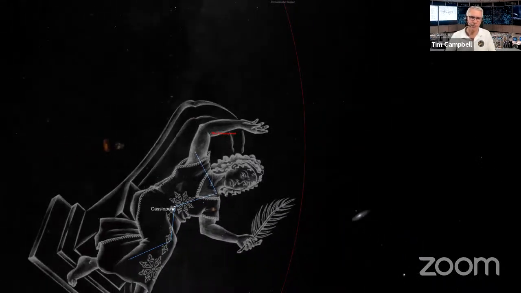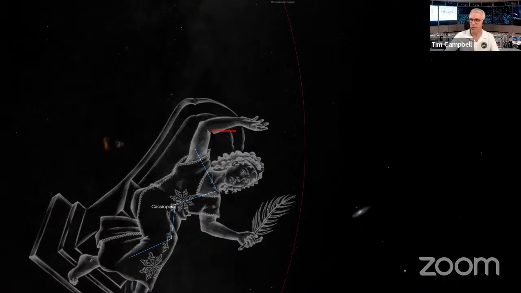So there is the lazy W here. That is her sitting on her throne. And then right about where her elbow would be there, you see this very faint star. That star, Rho Cassiopeia, is, if you have exceptionally good human vision and an exceptionally dark sky, well away from city light pollution, very, very clear, dust-free, no smoke from forest fires, and nice and stable, then your excellent vision might be able to see that star without a telescope, without binoculars. That star, Rho Cassiopeia, is